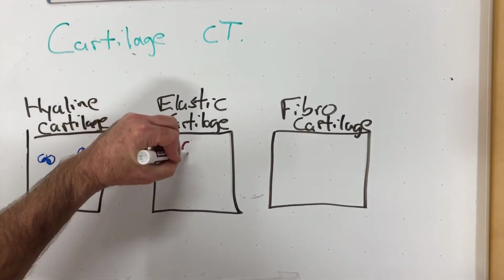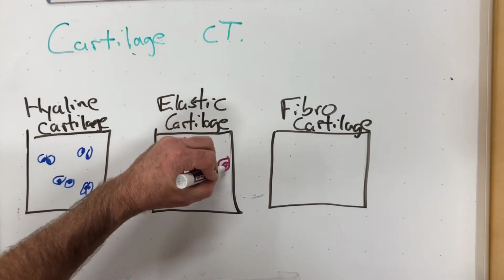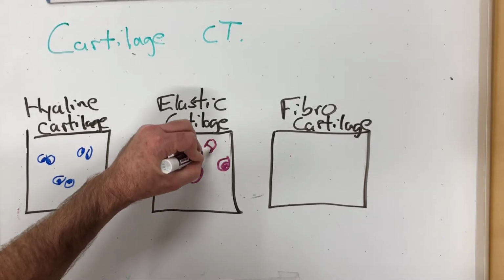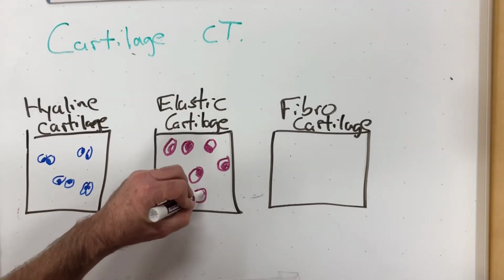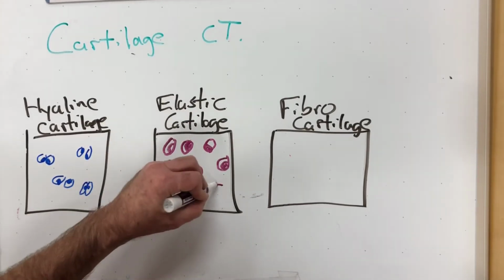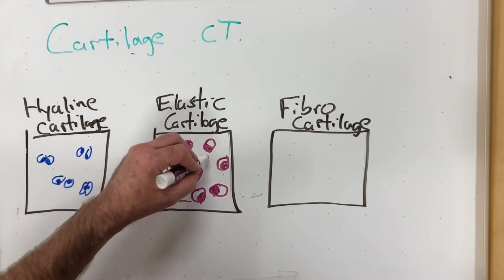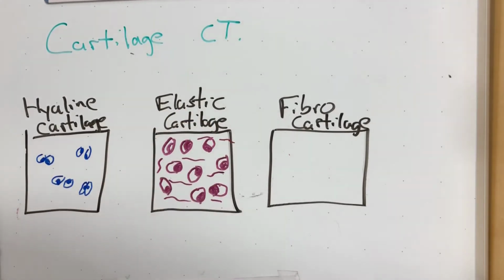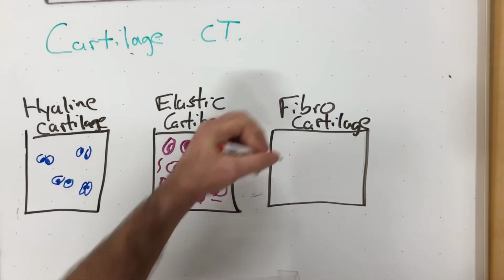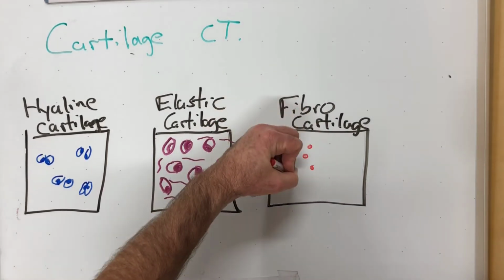In elastic cartilage connective tissue, the chondrocytes and lacunae are much larger. They're more plentiful, which basically means the cartilage is full of holes, which makes it much more flexible. There are going to be some elastic fibers in there to give it some stretchability and some reboundability,